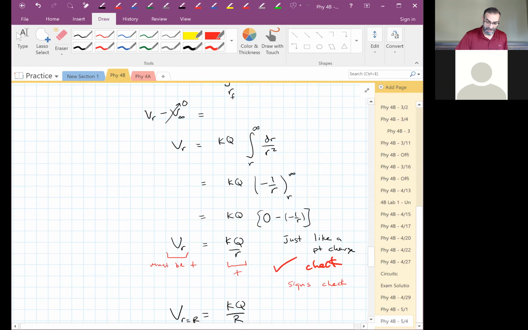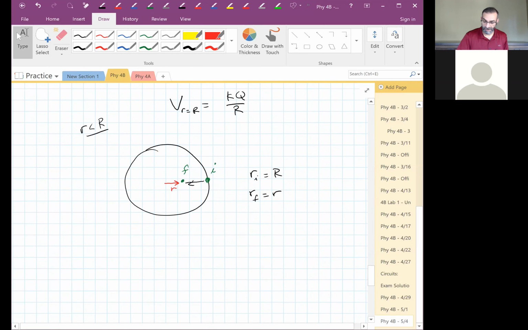Okay, so we picked places where the function naturally goes to 0, typically. Good. Now we're ready to go inside our charge distribution. So this is our picture. We're going to start where we know what the potential is. That's at the surface. It's this value right here, right? That's what the potential is at the surface. We'll start there. We know what the electric field is inside this region, so we can use our function